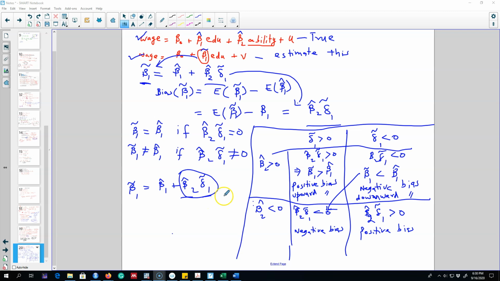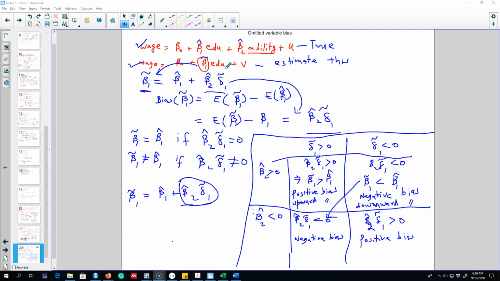Okay, so in the last video, I was talking about omitted variable bias. That is, we omit a variable from the model that should be included in the model. In this video, I'm going to extend the discussion and give you an example of omitted variable bias. So wages may be a function of education and ability, but instead of estimating this model, we may omit ability from the model. If we do that and estimate this second model instead, we know this will create a bias in the estimated effect of education on wages.